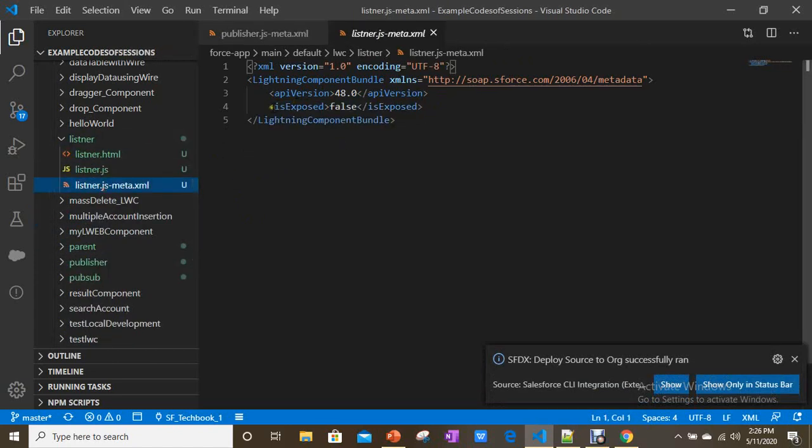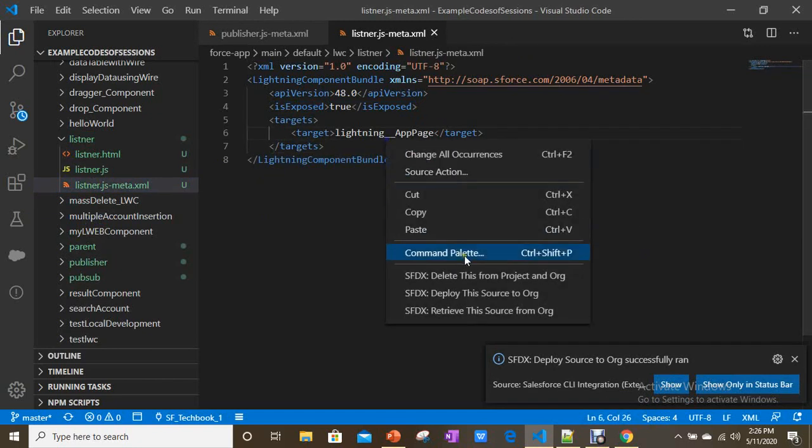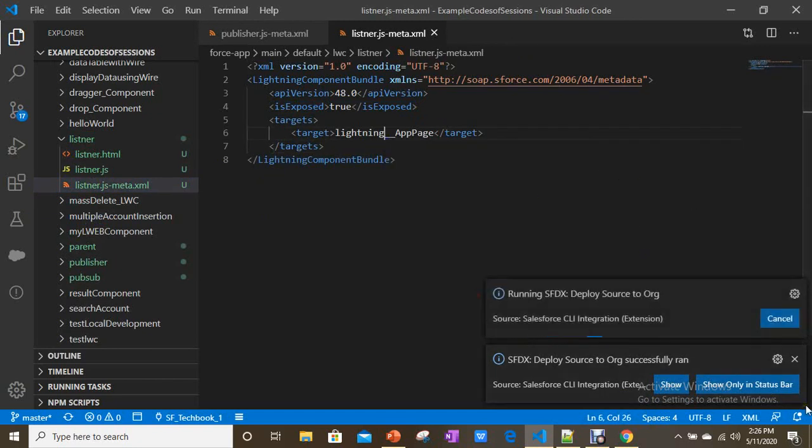available for app page. So if you observe, the listener is not part of the publisher component. That means these are not related at all. But we are firing an event in the publisher. In the listener component, we are listening to that event and able to get the message.